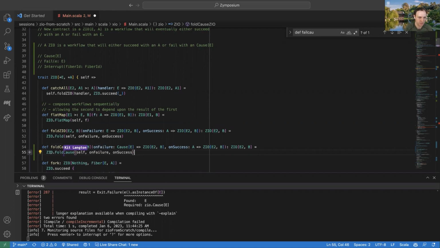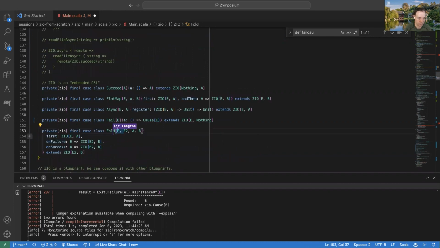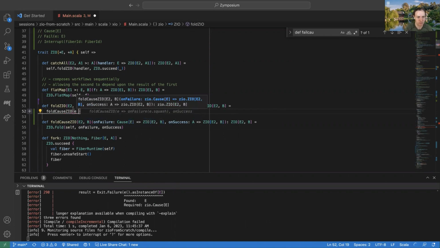So this is going to be the same, other than this fact. And then we're going to make this the new primitive. If we go here, we could call this foldCause, or maybe we still call it fold. We're going to change this to be able to handle the cause. And then up here, this will now work. And now this can be implemented in terms of our new, more powerful one. And so we're just going to say, well, if we've got an error here,